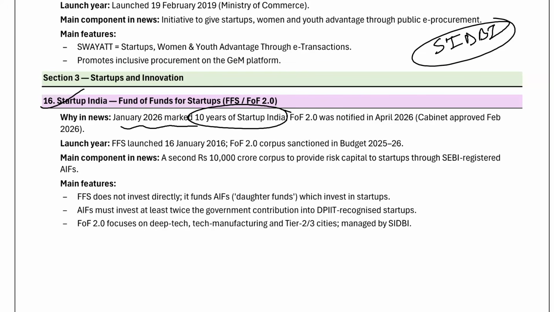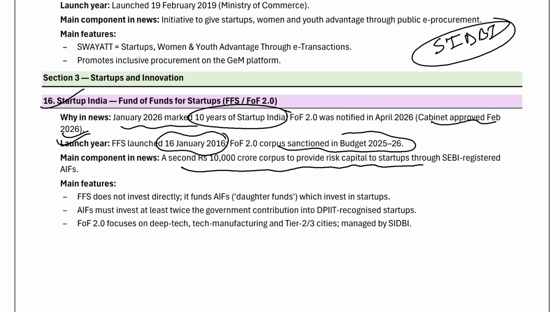So that's why it is in the news. Cabinet approved February 2026. Launch year क्या है? FFS launch 16th January 2016. FOF 2.0 corpus sanctioned in budget 2025-2026. You should remember it. ठीक है, की पॉइंट्स आपको याद क्या रखना है कि 10,000 crore corpus इसमें has been